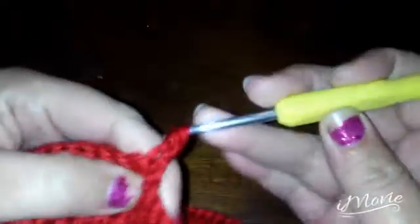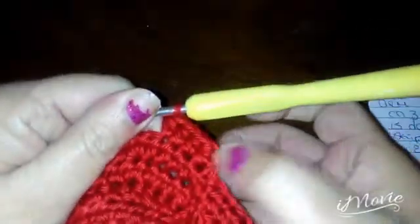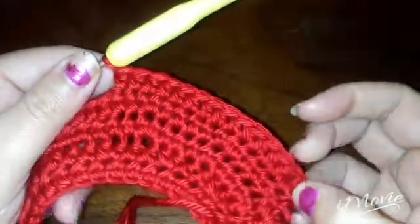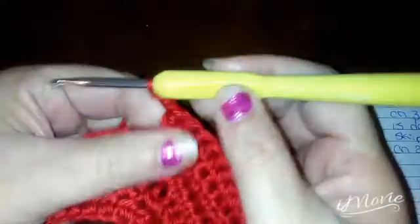So this will be 2, 3, 4, and you just go and make 15, and then repeat it back. Okay, now we got our 15 half double crochet, and we're going to chain 2, and we're going to skip